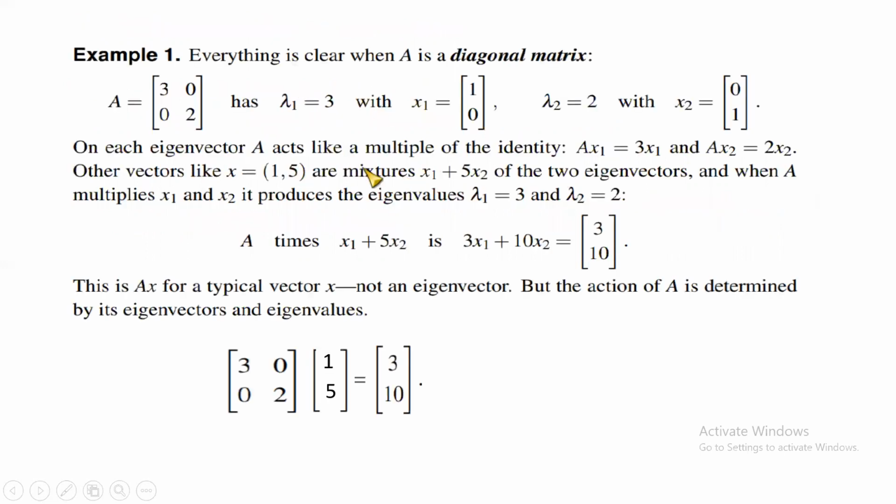So let us take some more examples over here. If we take a diagonal matrix which is [3 0; 0 2], which naturally has λ1 equal to 3, because if I take A minus λI, here we'll have 3 minus λ, here we'll have 2 minus λ, and because only the diagonal elements are there, the determinant will be only the diagonals getting multiplied, and that will give us the roots of the equation, which correspond to λ1 equal to 3 and λ2 equal to 2, which will be the